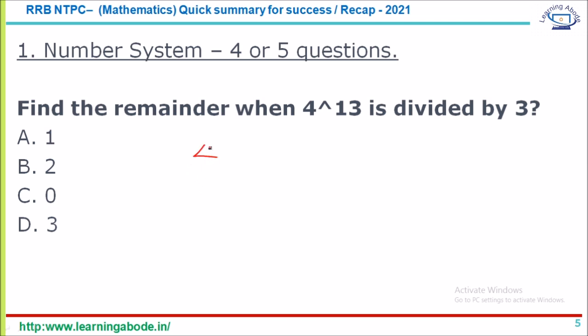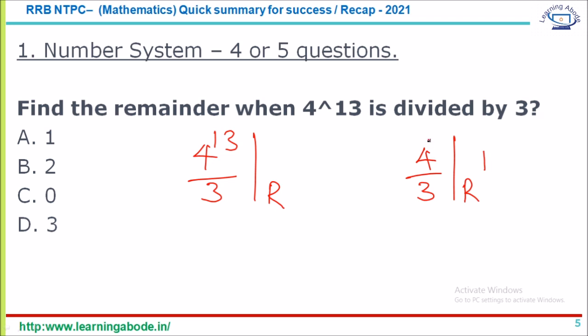4 power 13 divided by 3, what is the remainder is the question. So we know what to do. 4 by 3, what is the remainder? The remainder is 1. Now whatever power you take for the numerator, the same power you should take for the remainder as well. So 1 power 13 is 1 itself. So the answer is 1. That's based on the remainder theorem. So as I said, unit digit, remainders, perfect square, perfect cube,